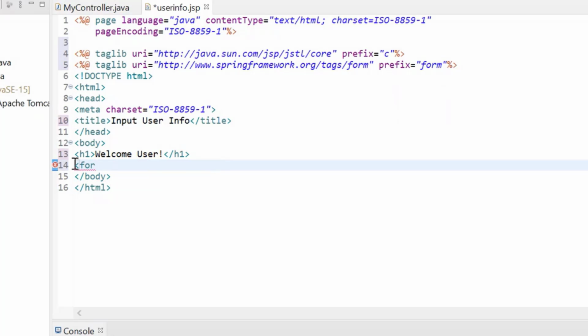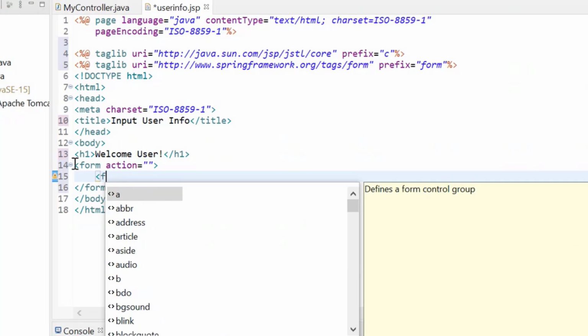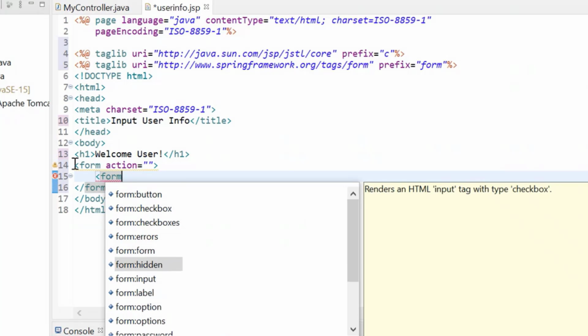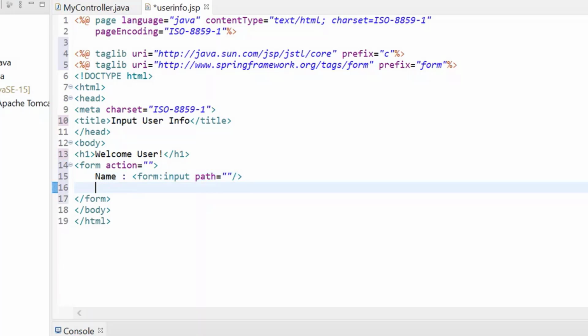So I'm having a form. There is some action for this. Let me come back to that, whatever that action is. And then inside the form, I must take some inputs. So I'm using the JSP form here. There is an input, let this be name. So this will be my name input. Till now, I hope everyone is clear how I am getting the inputs and all? Yes, sir. Okay. Now after this, let me say gender.